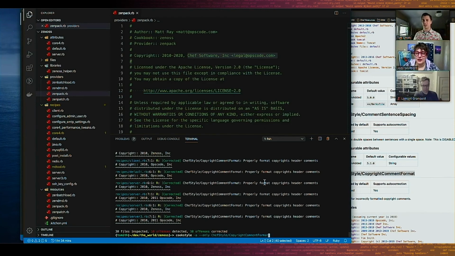You can put the version of Chef that you're on in the rubocop.yaml, and say, hey, I'm trying to target Chef 12 or Chef 13 or whatever. That way it won't go too far in that modernization, because it assumes that you're on modern things. So if you're not on modern things, there might be some problems. But you can turn that off.